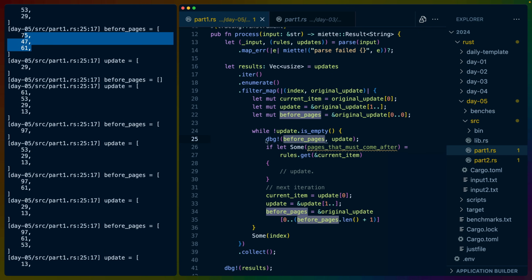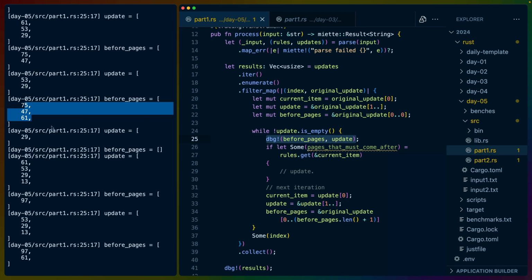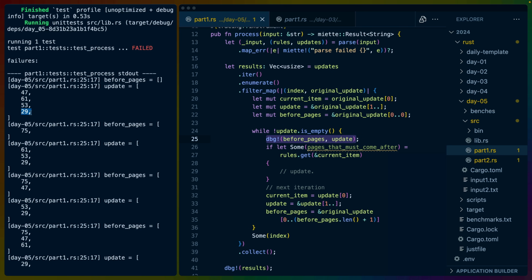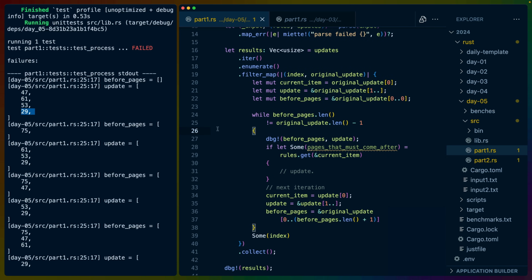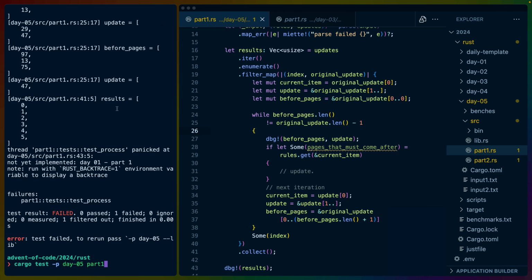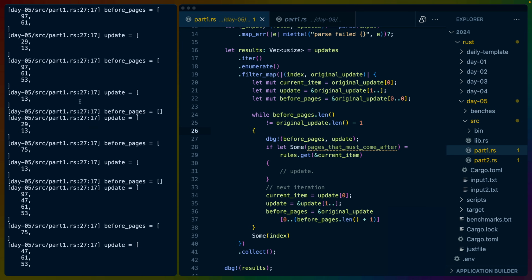This is always the before pages as we enter. So it'll be 75, 47, 61, the current item, and then the page after. But the page after gets pulled off, and then there's nothing after it. But we still need to check everything before this 29, I think. So this condition right here is wrong. We need this to be while before pages dot length is not equal to original update dot length minus 1, I think is the correct while